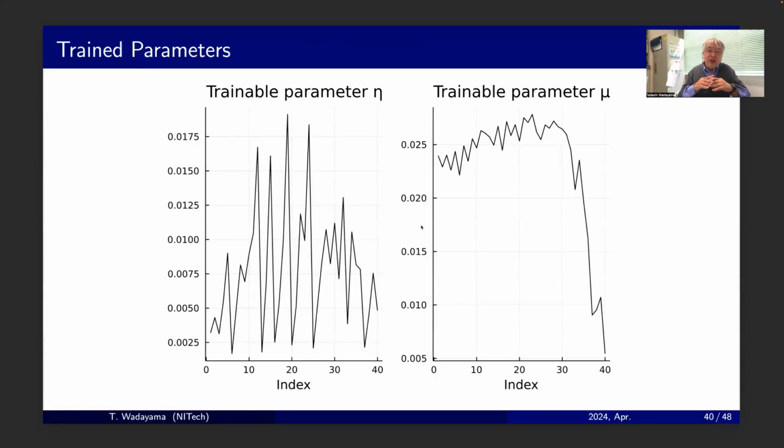Okay, this figure presents the trained parameters. So this means that after training, we get the trained result, trained parameters. This figure shows the trained parameters, the step size parameters and the shrinkage parameters. You can see that step size parameters fluctuate up and down like this. We can see some zigzag pattern in the trained sequence. This variation of the step size parameters appears very important to accelerate the convergence of ISTA.